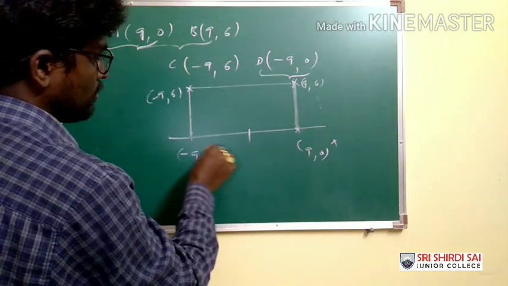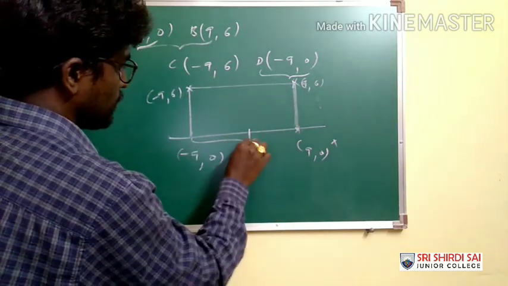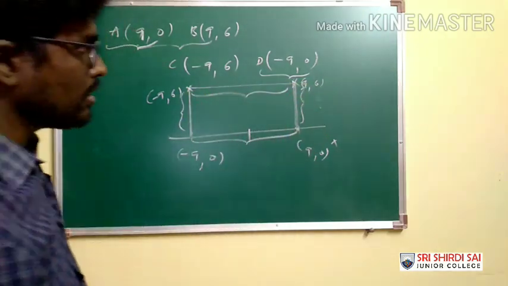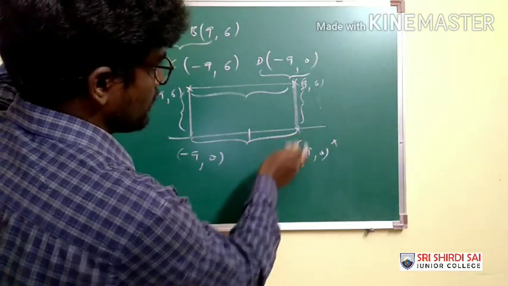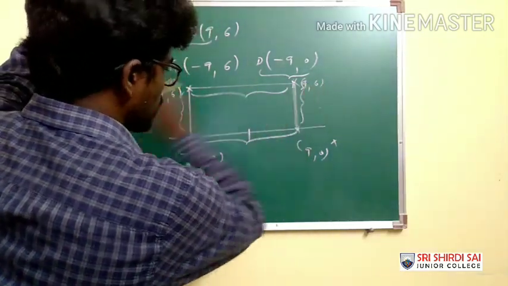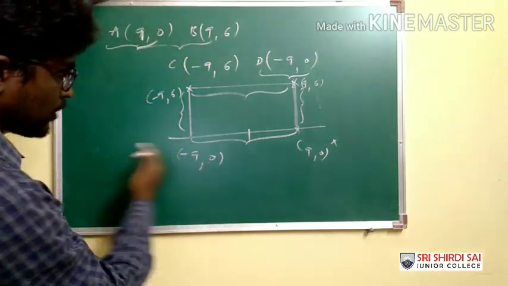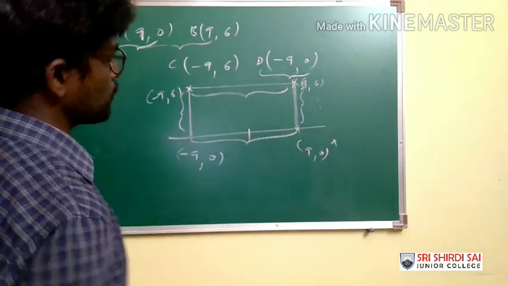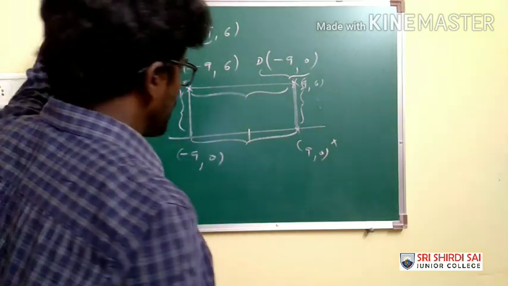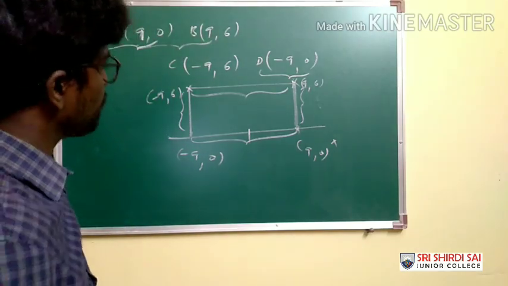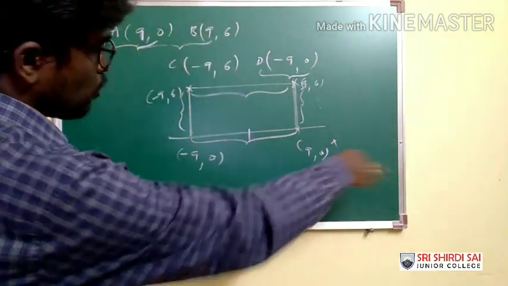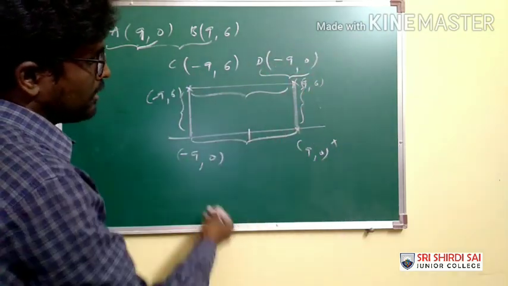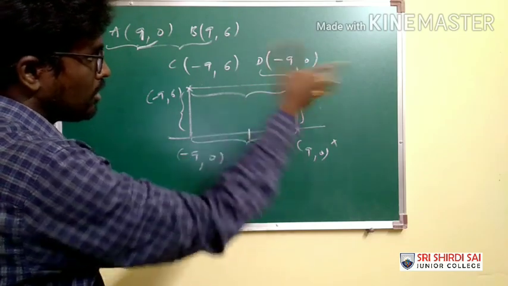Therefore, you can see very clearly that the distance between these two and these two is equal, and the distance between these two and these two is equal. See, there is a point (9, 0) on the x-axis, this is a point which lies in the first quadrant, and this is a point on the negative direction of the x-axis. This is a point in the second quadrant because x is negative and y is positive. What do you understand? Very clearly, if you place these coordinates in the coordinate plane, you can understand that they form a rectangle, since these two are of equal length and these two are of equal length.